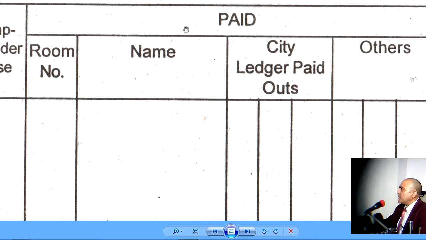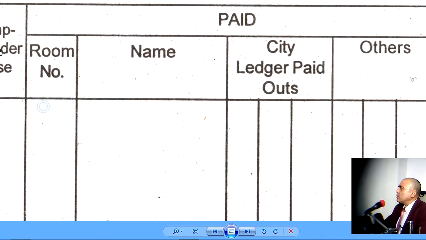So if the cashier is paying some money, then for which room number he is paying, that must be entered here. And who is the guest who has asked us to pay on their behalf. And if they are non-resident guests, they are local guests, but if they are asking for this help from us, then we have to help just like our resident guests. So it is recorded under this column. They are not staying in any room, so no room number will be here, only their account number should be there. So if they are non-resident guests, then the folio number should be mentioned right on the left hand side.